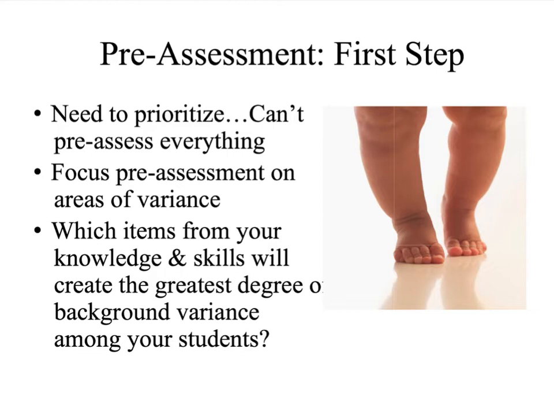So the first thing to think about is try to figure out exactly what you're going to pre-assess. It's really impossible for you to pre-assess all the knowledge and skills that are encompassed in your class. So it's important that you think about variance. And the best way to do that is for each unit, take a look at the items that you have, the learning objectives you have in the knowledge and skills section of your unit plan, and really ask yourself, where do you think the greatest degree of variance is going to be when it comes to the background knowledge of